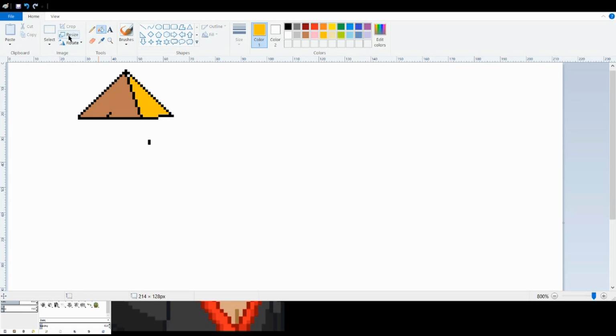One of the most useful tools we have at our disposal as spriters, and one we need to know how to use, is what we call a color scale. So let me just go here, start off with this color, and